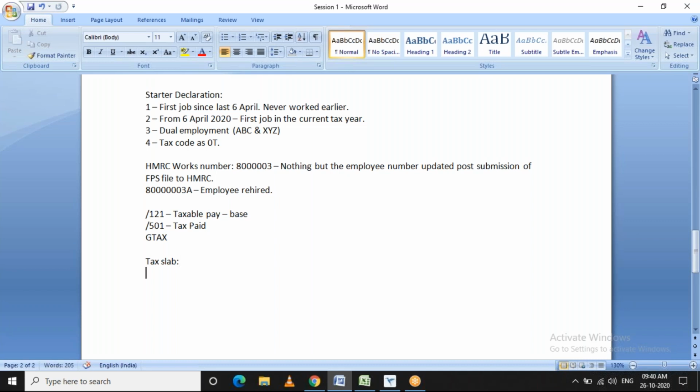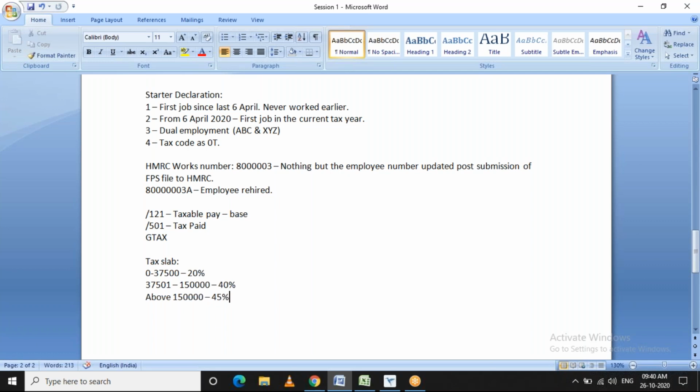For the current tax year, earnings from 0 to 37,500 pounds will be calculated at 20 percent, from 37,501 to 1,50,000 at 40 percent, and anything above 1,50,000 at 45 percent.